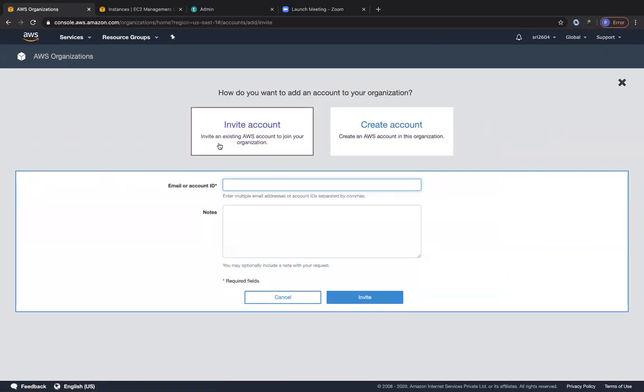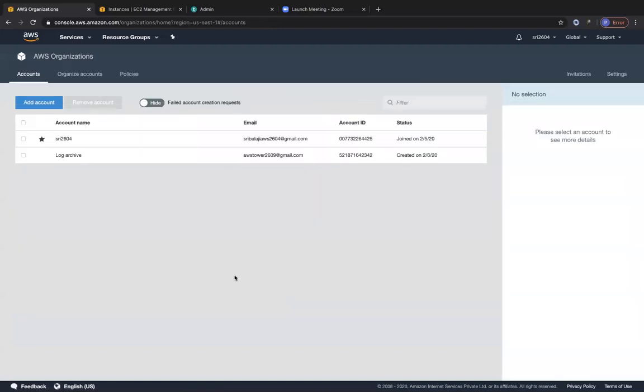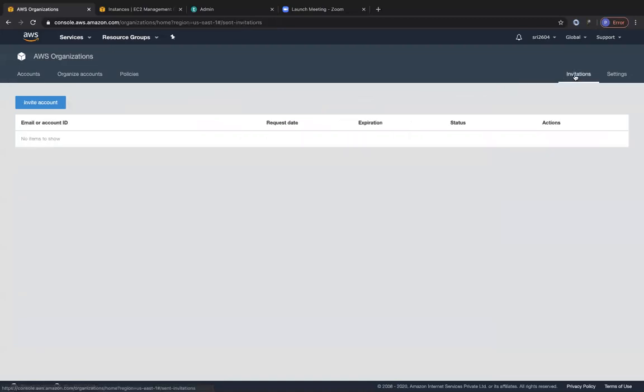Once you initialize your organization, I would highly recommend you invite multiple AWS accounts to be a part of this organization so that you can manage them from here. Right now we have two AWS accounts over here, and I'm not sure whether this one was activated or not, but anyway, it's good that we have this lab set up and can show you the different configurations. On the right side, you can see invitations, where you can again invite an AWS account, and you would land on the same page.